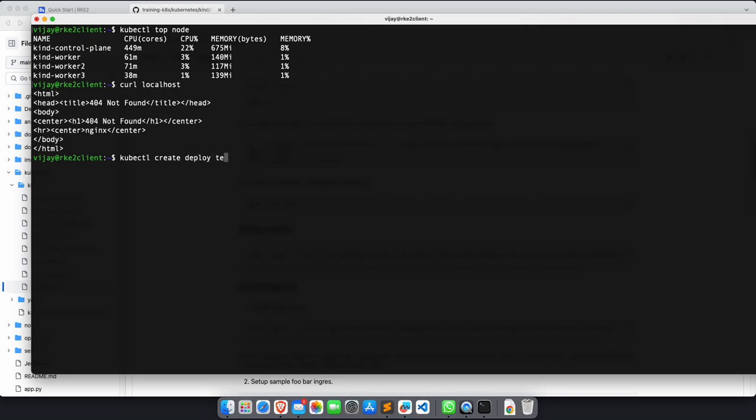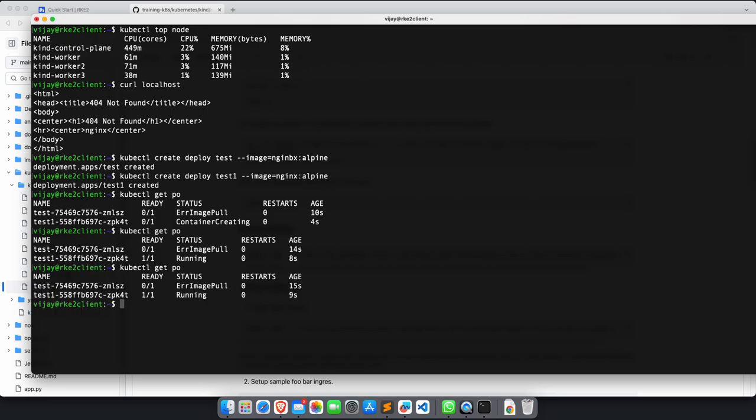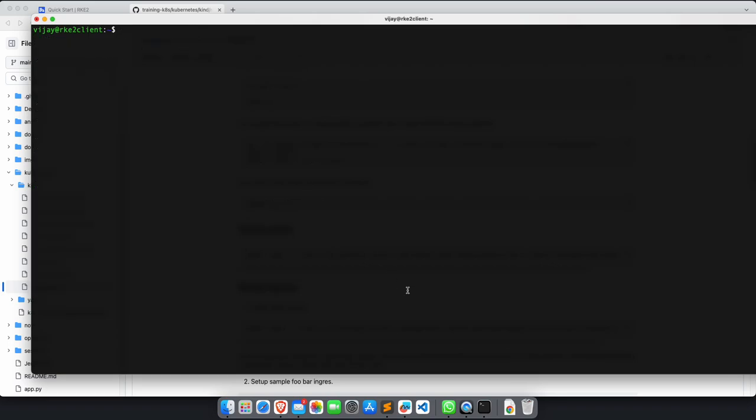Kubectl create deploy test, image equals nginx alpine. So if you want to do any practice, you can do it, and your cluster is ready to accept everything. So this is really a good use of